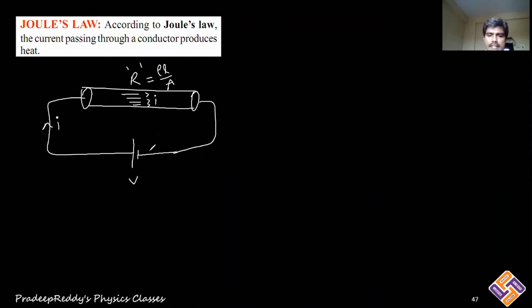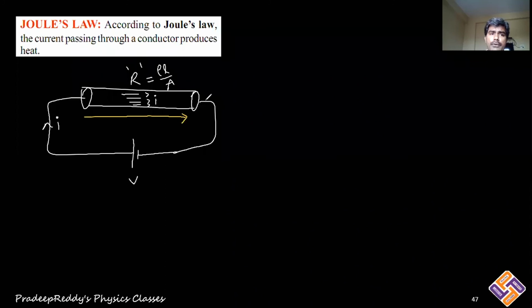And there is an electric field set up within the circuit, and that electric field is in the opposite direction to that of the current direction. I'm sorry, electric field will be from positive terminal to negative terminal of the battery. Electrons will be drifted in the opposite direction. We are taking reference conventional current.